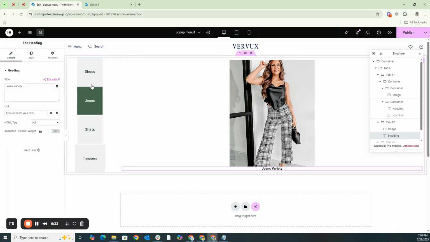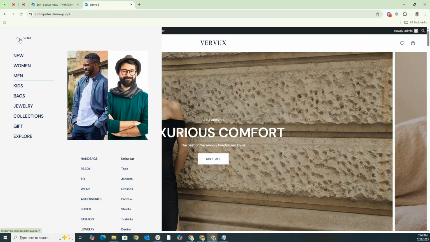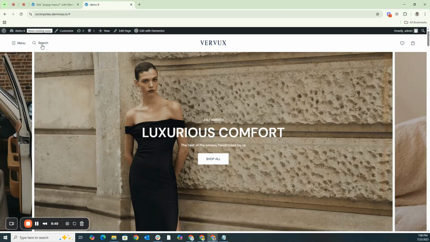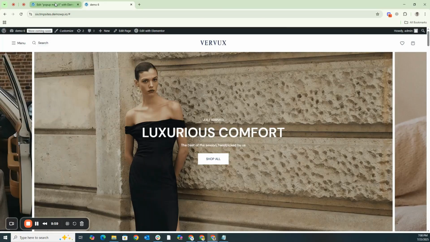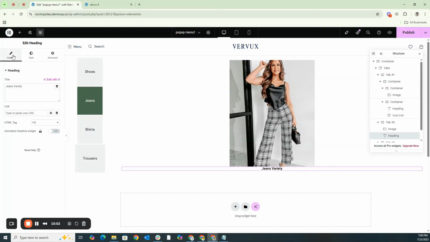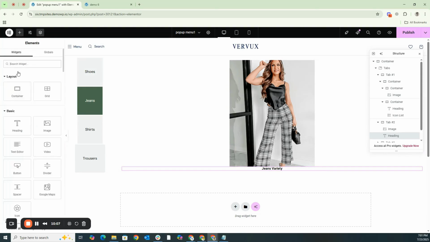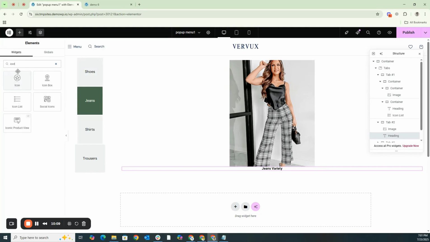So at this point, we've added 2 menus and basically our pop-up is now ready. Now we need to place this on the front end where our pop-up is appearing. We have to move it and add a new pop-up. But if you look here, there's a close button showing up which helps us close the pop-up. So we'll also add a close button to our pop-up.